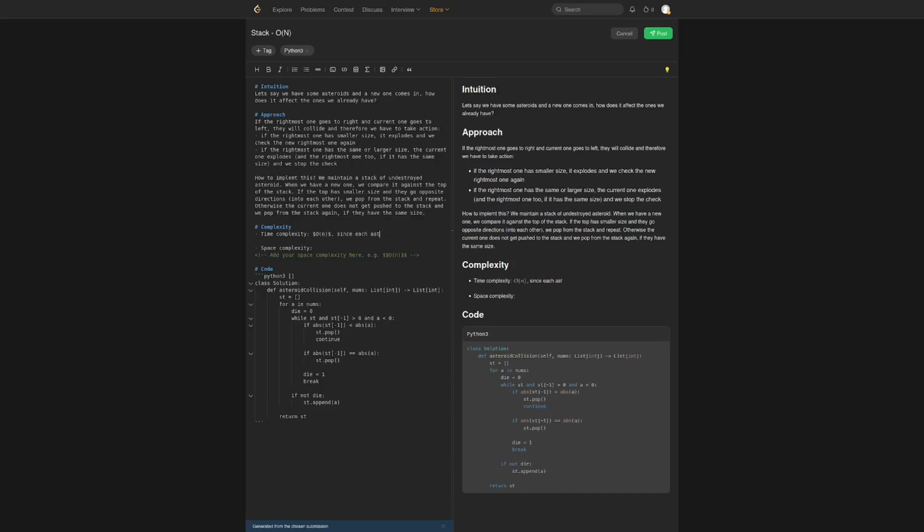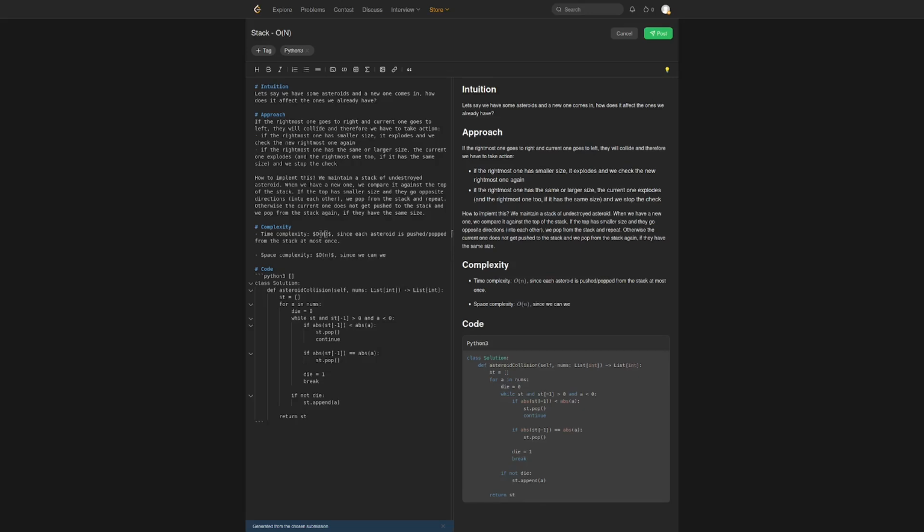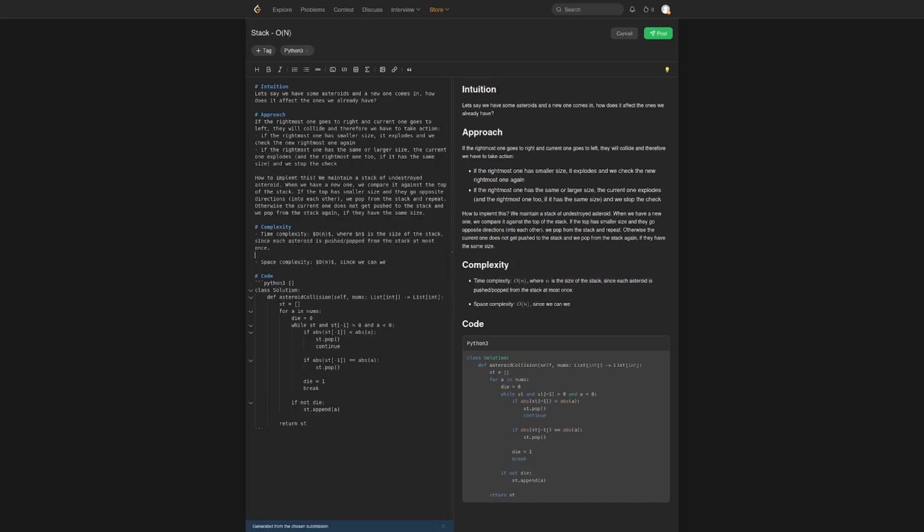Since each asteroid is pushed / popped from the stack at most once, of n, where n is the size of the stack, since we can push